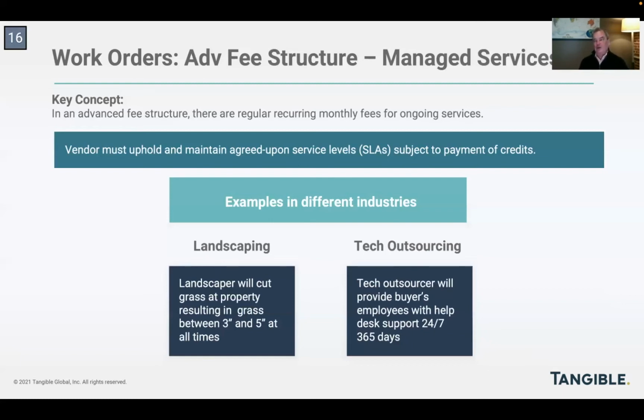In tech outsourcing, which is what you commonly see for large enterprise clients, the vendor will agree to a package of services subject to certain service levels, often, not always, but often having to do with help desk, or what they call level 1, level 2, or level 3 support for particular IT operations that are run by the client. And that will come with coverage commitments. It will come with service levels. It will come with service credits.